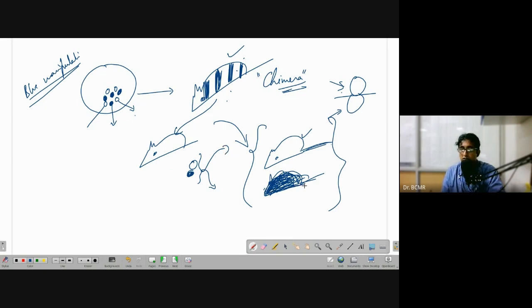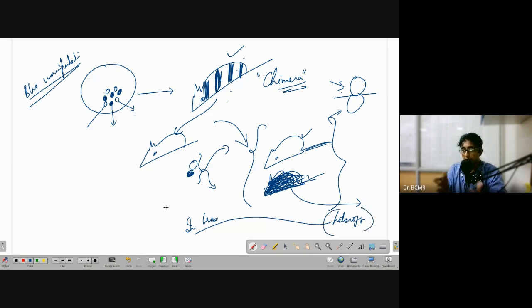What is our interest? It is the blue one. That is what we will take. It is heterozygous, and then we will perform inbreeding. That means you will take several of these heterozygous founders, and then you will allow inbreeding so that you will get a homozygous one. You will perform the inbreeding experiment on them until we get homozygous individuals.